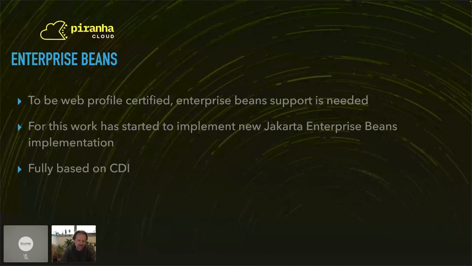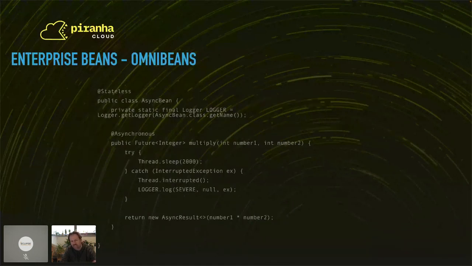So, for example, we have this bean over here. It runs on Piranha Cloud with this EJB implementation, but there's no real EJB code. Everything here is essentially translated and mapped to CDI concepts. So the asynchronous here is a CDI interceptor. Stateless is being mapped to a custom scope, et cetera.